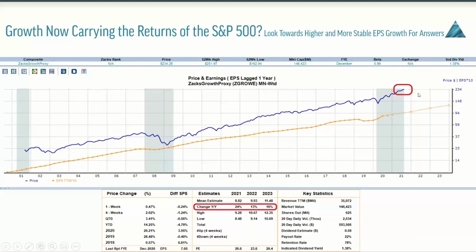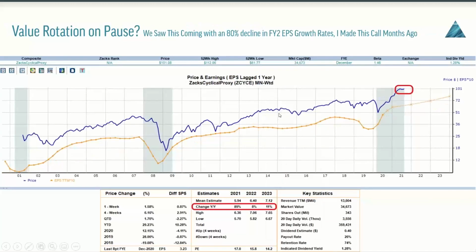So what we're going to do is look for confirmation by actually looking at the S&P 500 growth and value members. And what I want everyone to see here too is that the growth rates themselves are actually carrying that price appreciation. You'll see that it's much less of a decline in growth in terms of momentum going from 2021 to 2022. So in 2021, we had mean EPS estimate change 24% off of actual earnings. In 2022, that's only going down to 13% versus what we saw with the cyclical basket, and I'll go back to it very briefly so you can see that, almost 90% down to 8%,